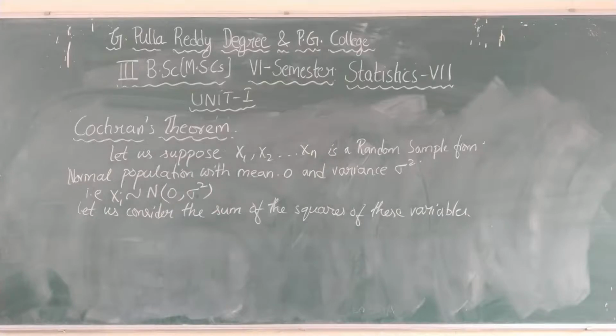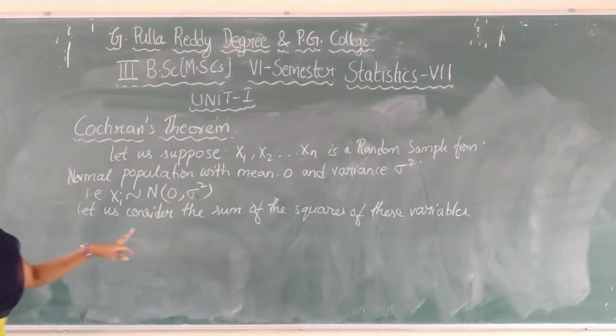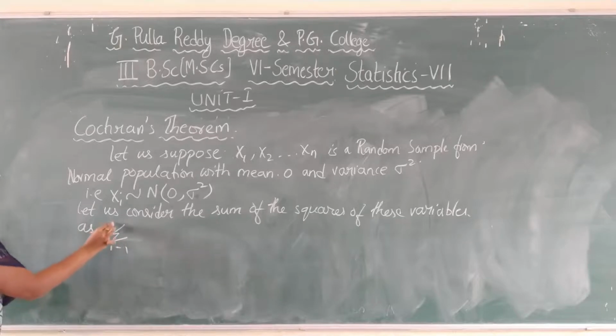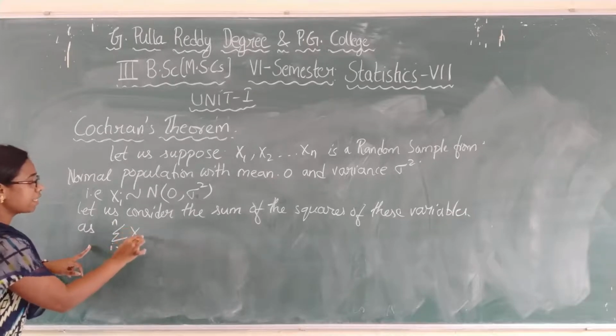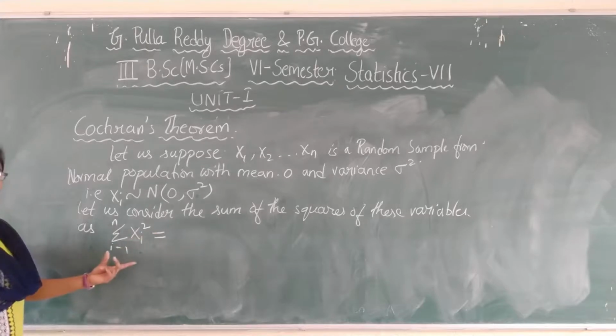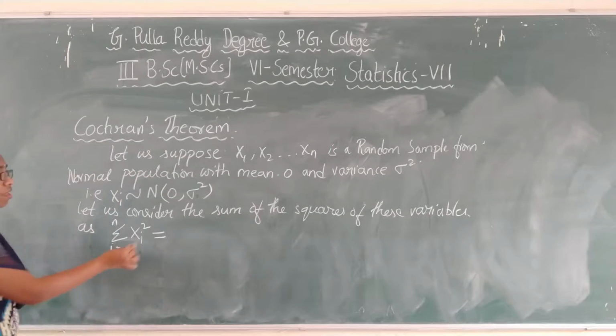We are taking the n variables as a random sample with mean 0 and variance sigma square. Now the sum of the squares means summation i equals 1 to n, of the squares of these variables. The variables are xi, so we consider the squares. So summation i equals 1 to n xi square is the sum of squares of these variables. These squares, whatever we are considering for this random sample, will be in the